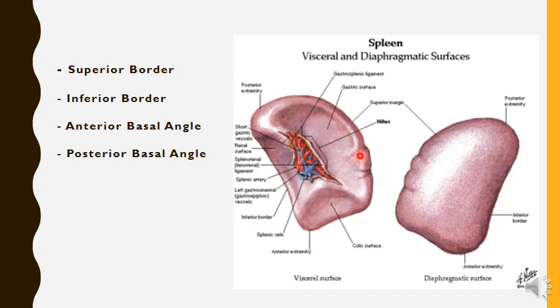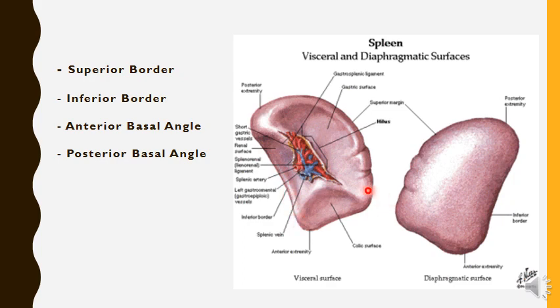And the superior border, how to identify the superior border? You will see the splenic notches. These lines what you are seeing are called splenic notches, and these represent that during development the spleen is developed as different lobes and lobules. After complete development it forms this single piece of mass, but that lobulated picture is represented by this. We can understand that the spleen is developmentally lobulated by the presence of these splenic notches. So this is the superior border, this is the inferior border.